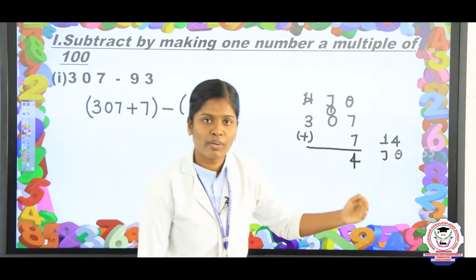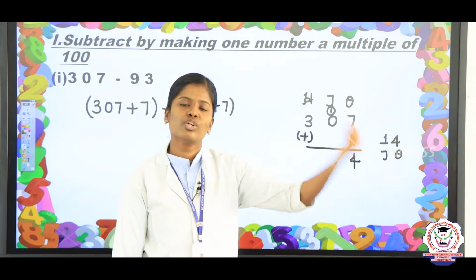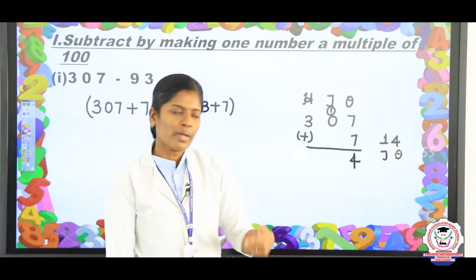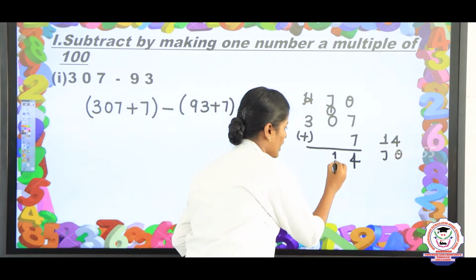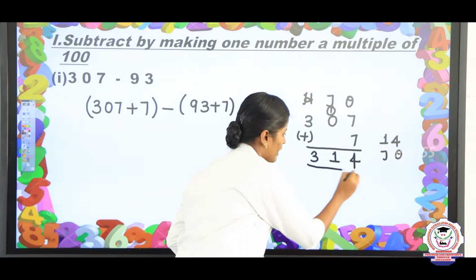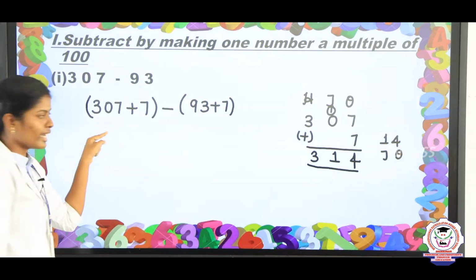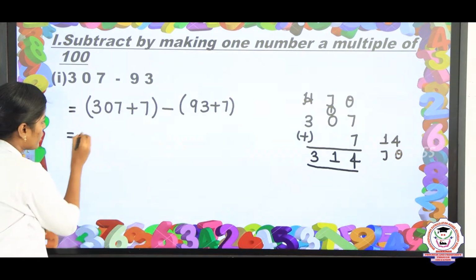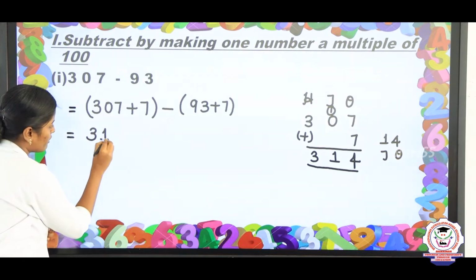Here the tens place values are 1 and 0. Keep 1 in the mind, 0 on the finger. What is the answer? Very good. The answer is 1, then 3. So write the answer 314. Here 307 plus 7 is equal to 314. Right, 314